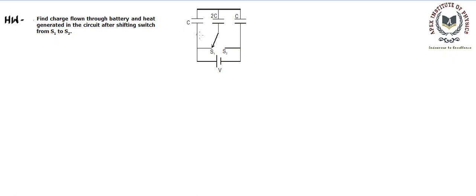So first solve this circuit in the S1 combination. You'll find these are in parallel combination and this is separate, or you can start with the charge distributed and then shift this to S2, then solve the new circuit and then find what charge has moved and this energy loss in the form of heat, right? And that's a good question. You should be able to try.